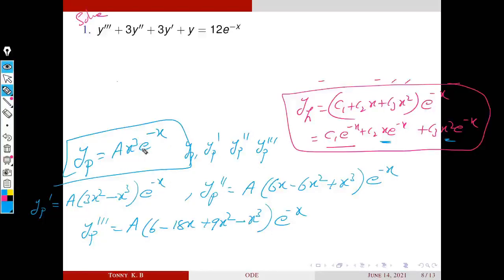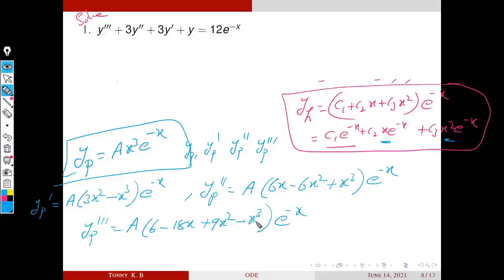And the second term is the derivative of x cube into this one, that is 3x square into e raised to minus x. That is this term, 3x square into e raised to minus x. Similarly, you can easily apply the product rule on this term. You will get the yp double dash. Then again, you differentiate this by the product rule. We get yp double dash like this.